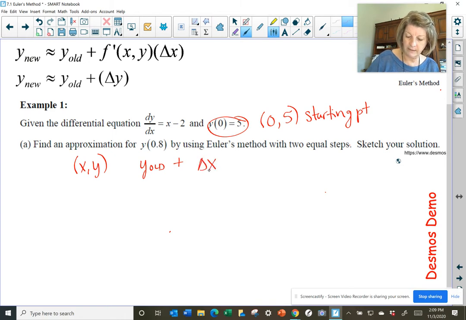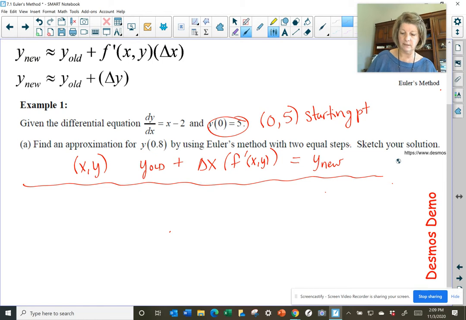The change of x and then times the derivative evaluated at x, y, which will be the one place where we actually have to make some calculations. That when added together gives me my new updated y value. Okay, so that's the chart that I design, and it's nothing more than the tangent line